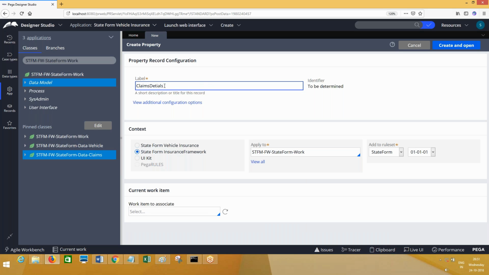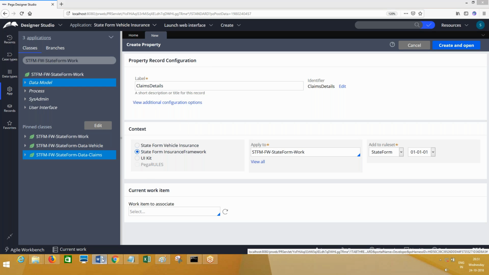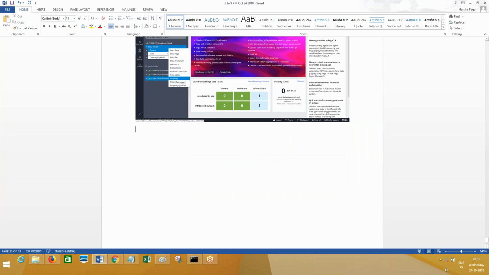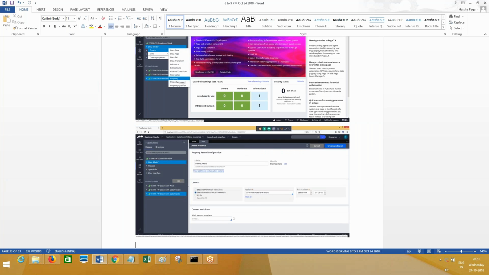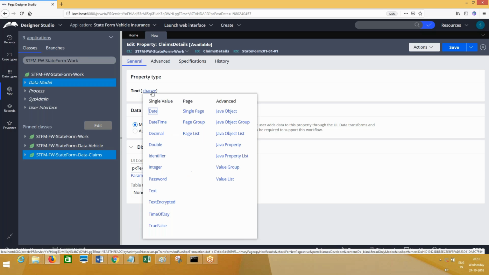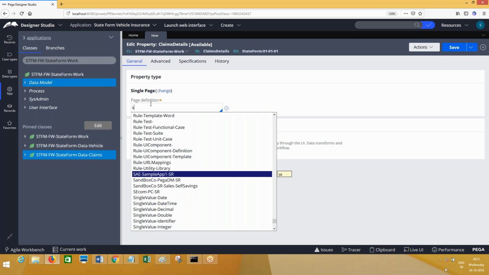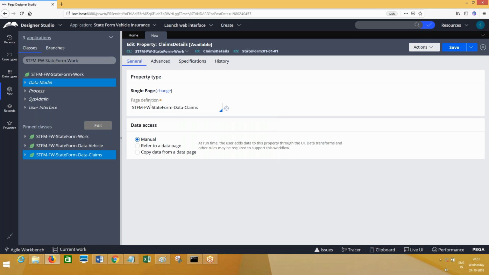Claims details. So here you go, create and open. What is the property type? Single page, and the definition is STFM claims. Correct?